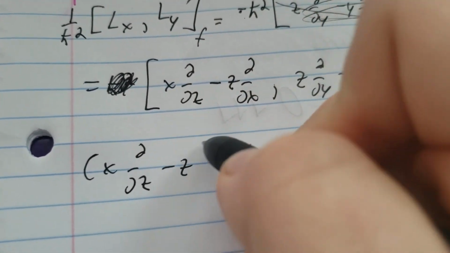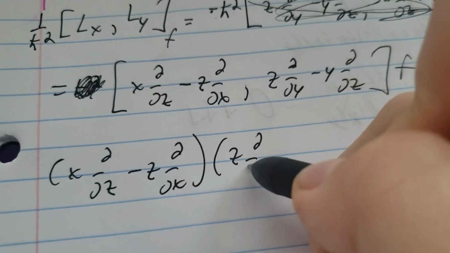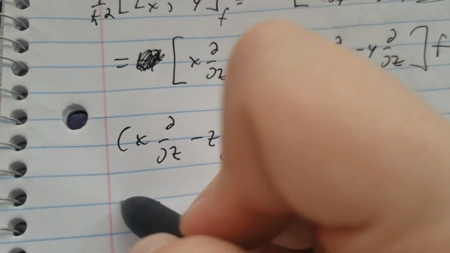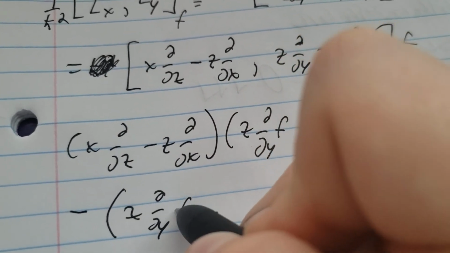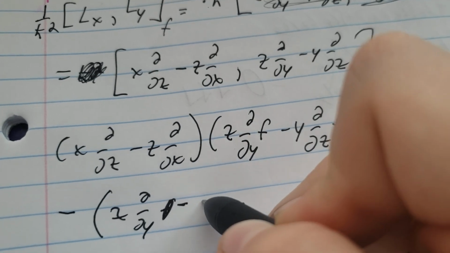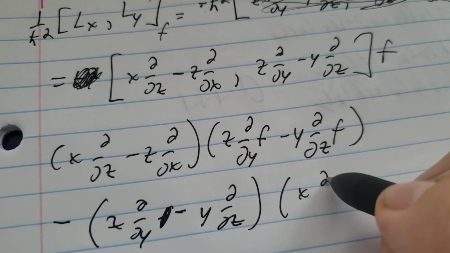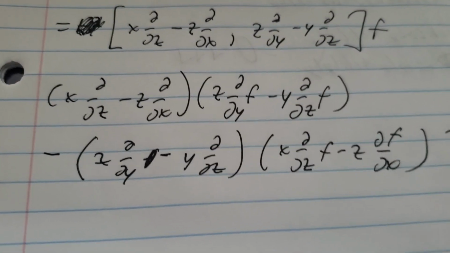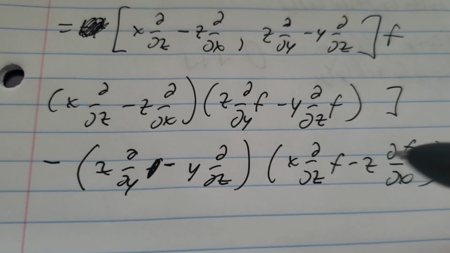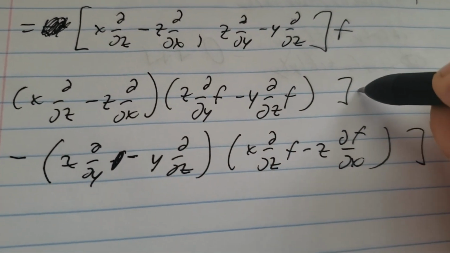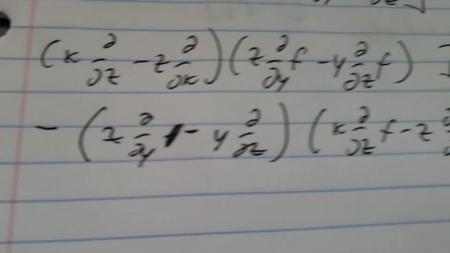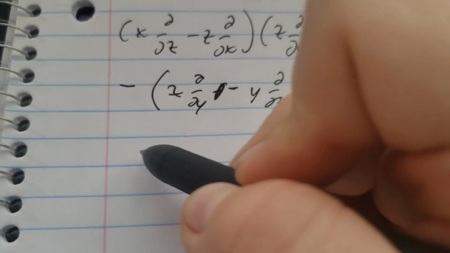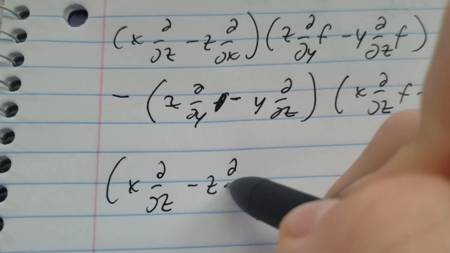x, it's going to act directly on f, minus y, minus... and now notice that this side is the same as this side if you just swapped x and y. So we're going to focus mostly on this term right here. And then we'll swap x and y on there, and then we'll subtract it off. So x z minus z